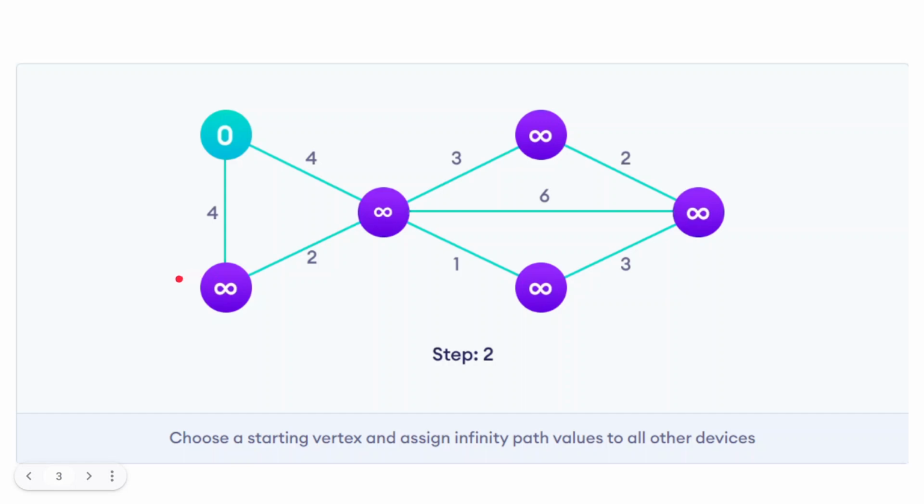You're going to update its neighbors, if their shortest path from the source node can be improved or reduced by going through the current node that you have at hand right now. That's how it works. So you have zero at the source node, and you're going to check its neighbors. What's the shortest path that you can take to this node? Actually, it's infinity, but you have a weight of 4 here. So what you're going to do is,